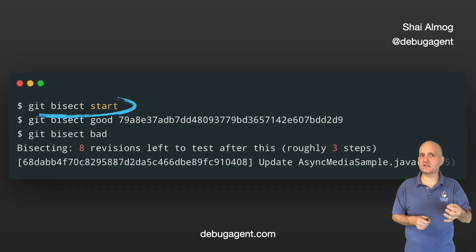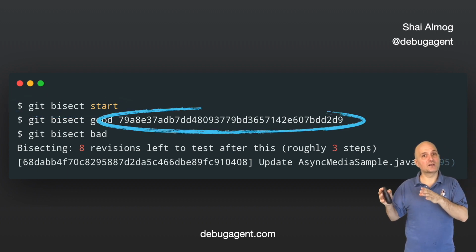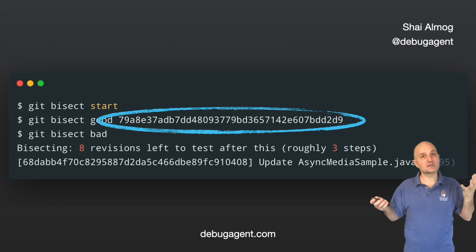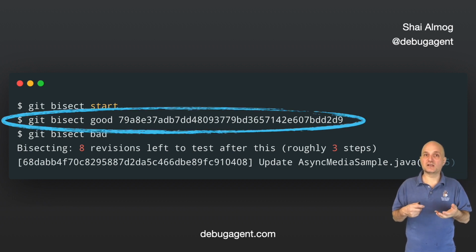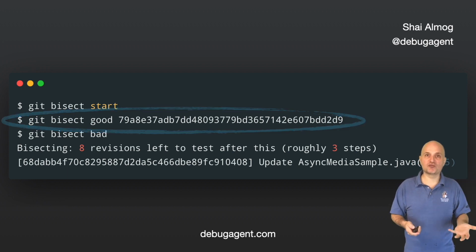Git Bisect does that. The simplest use of Git Bisect starts with the command git bisect start. This switches us into bisect mode. We can now define the good version where things used to work properly. For instance, in the Codename1 repository, I can use the revision that you see here as the good revision. We can mark this revision as good using this command. By saying the revision is good, we say that the bug isn't reproducible in this revision.